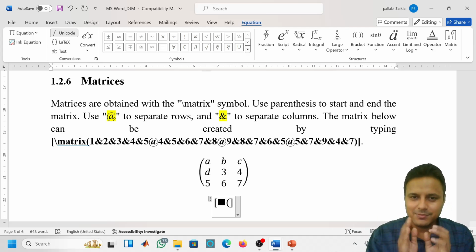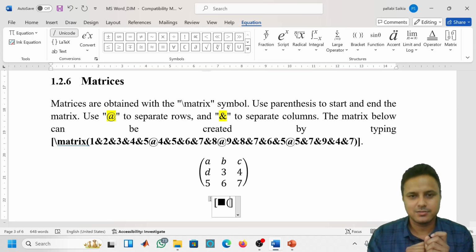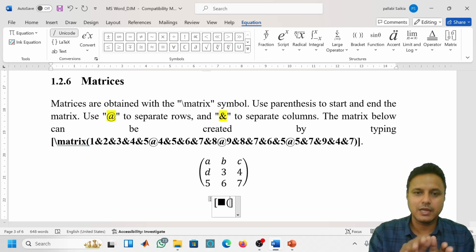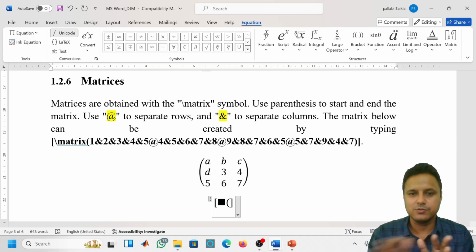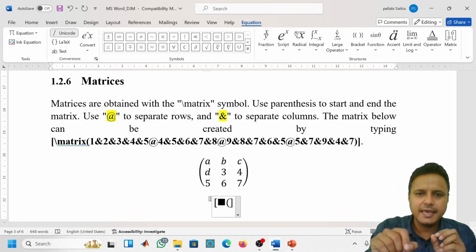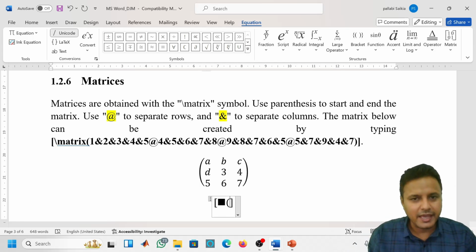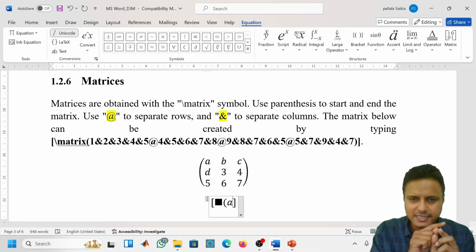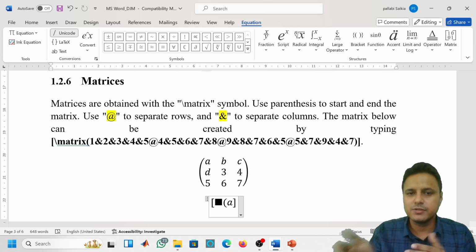So whenever I give the small bracket, the \matrix command itself becomes something like a dark square. This is going to be removed once we complete the matrix. Now see, if we need to write the matrix A, B, C, then first I will write the first row. A is the first element, then to write the next element of the first row,